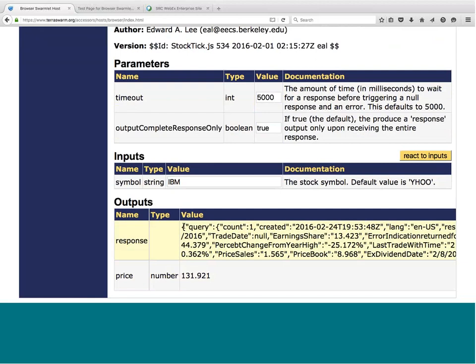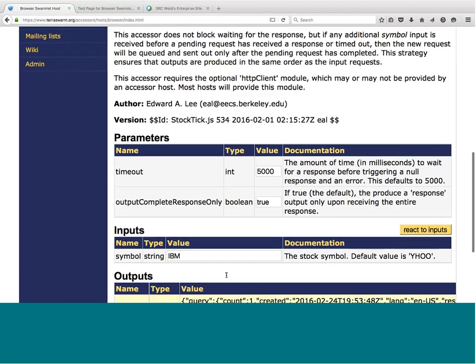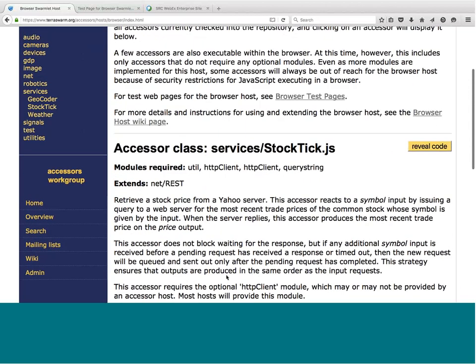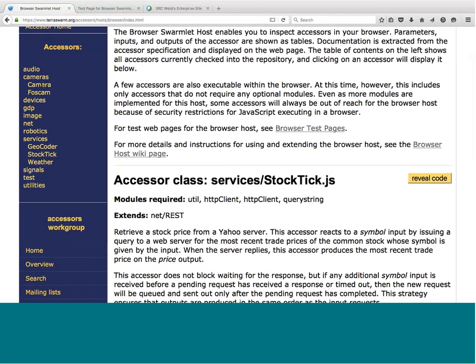You can see the full ugly JSON response provided by the server, which was then further processed by this accessor to just extract the latest stock tick price and provide that as an output. Okay? So that is an instantiation of this accessor within the host. Now, if I try to instantiate the camera accessor,